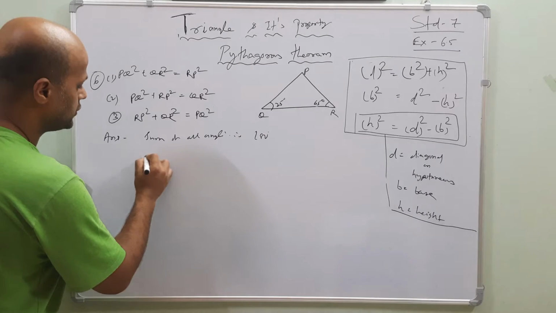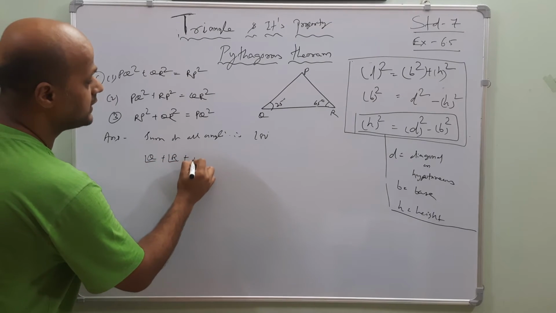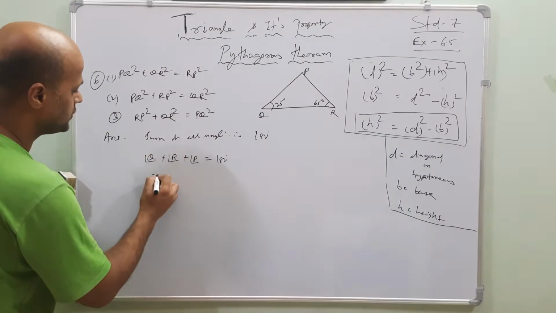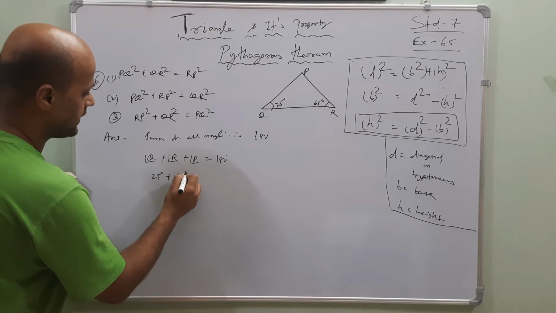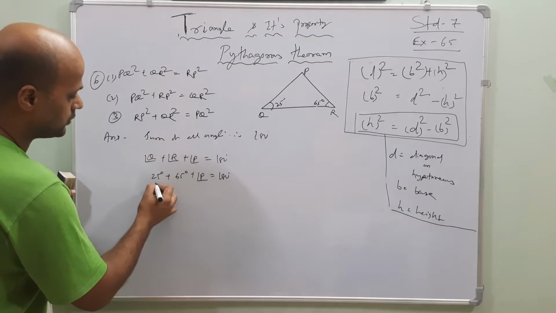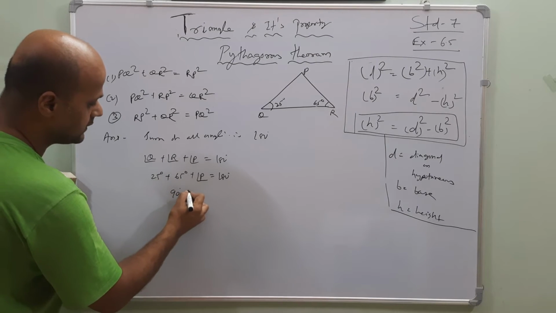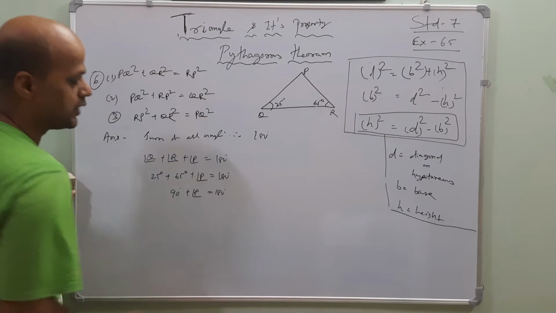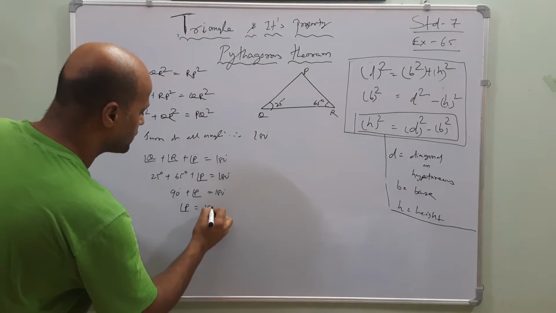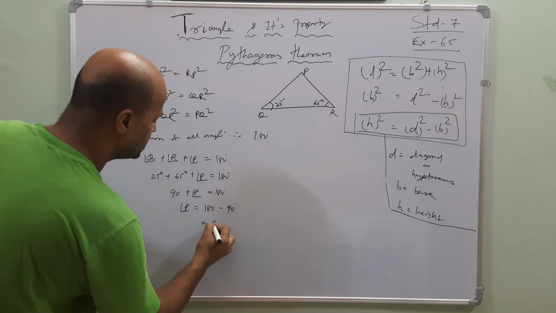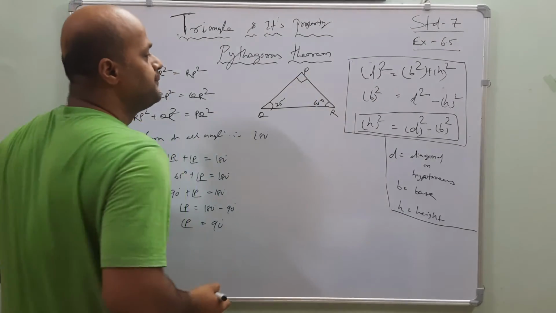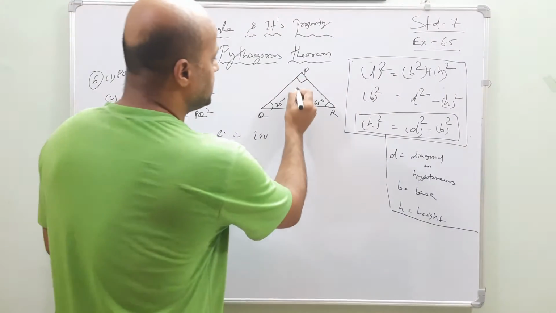So angle Q plus angle R plus angle P is equal to how much? 180 degree. Okay. Now Q and R are how much? 25 degree plus 65 degree plus angle P, which is not given. You will write as it is. Now adding this gives how much? 90 degree plus angle P is equal to 180. What is the value of angle P, my dear friends? Yes, you have to subtract 180 degree minus 90 degree. How much? 90 degree. Now angle P is 90 degree.